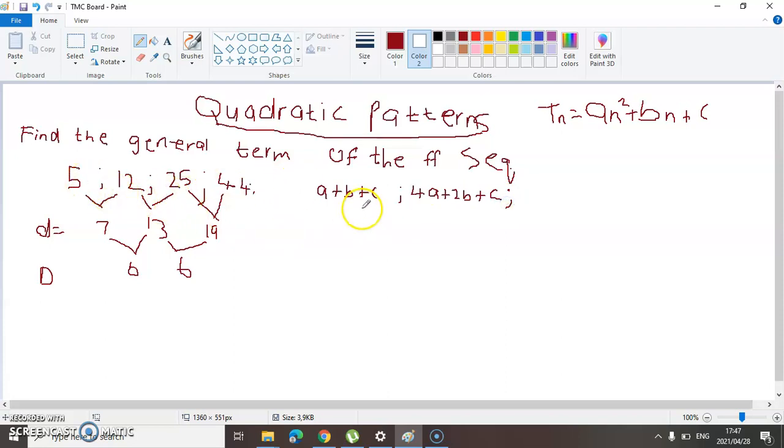And then what about the third one? The third one is very easy. You follow the same analogy and you end up getting